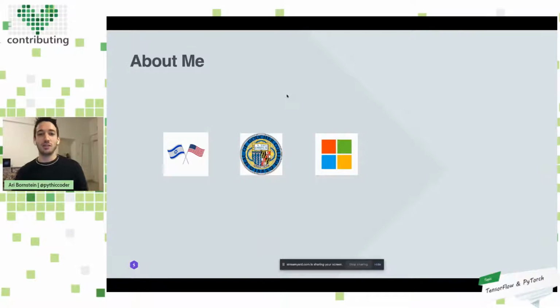After that, as Cassie mentioned, I've spent about 7 years at Microsoft doing different open source engineering and cloud advocacy roles focused on the AI and ML space.